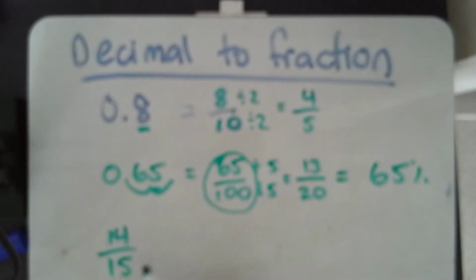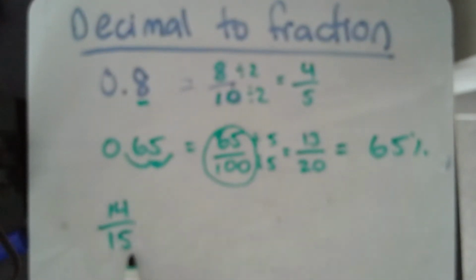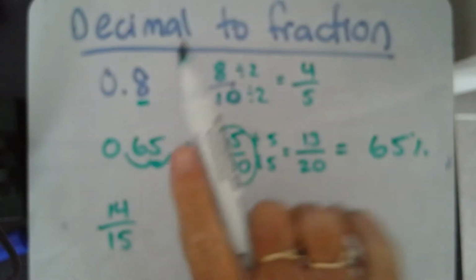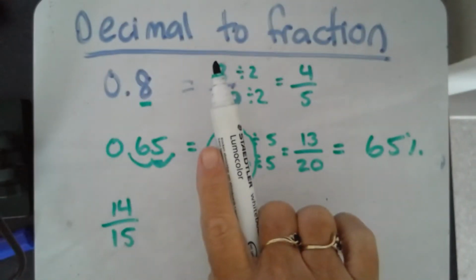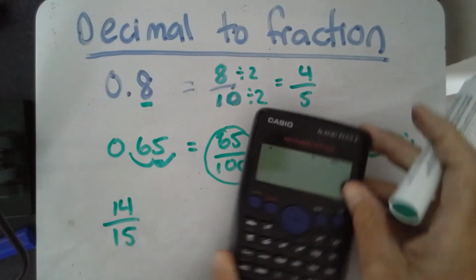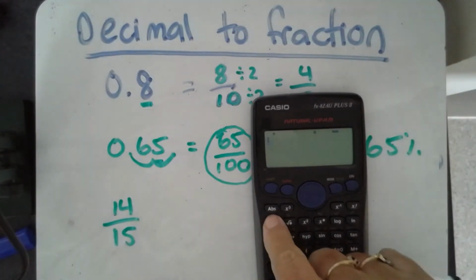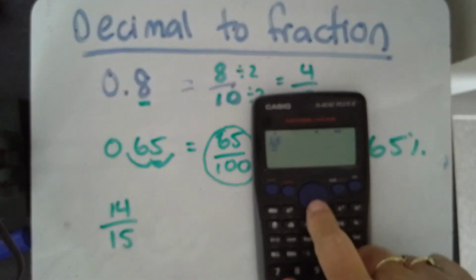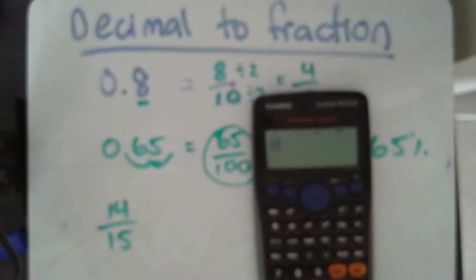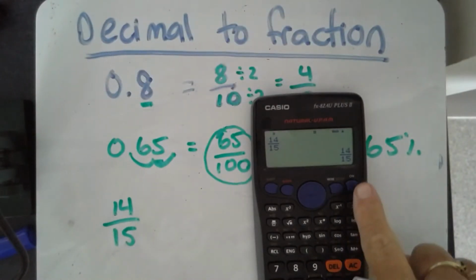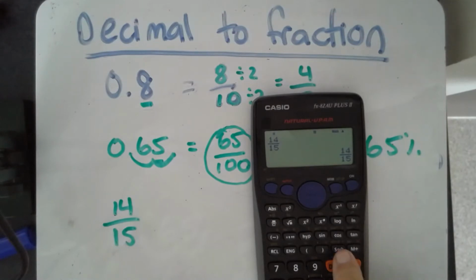And we wanted to write this fraction as a percentage. That would be a little bit more tricky. So let's have a look using our calculator. So we're going to put in our fraction, 14 over 15 equals, and it's given us a simplified fraction. Now remember, we push our S to D button, and we've got